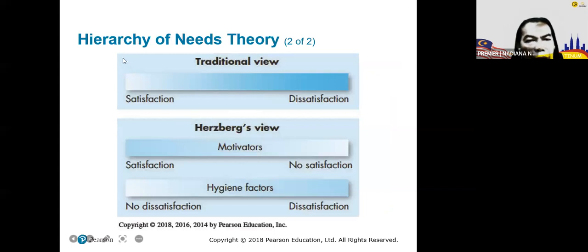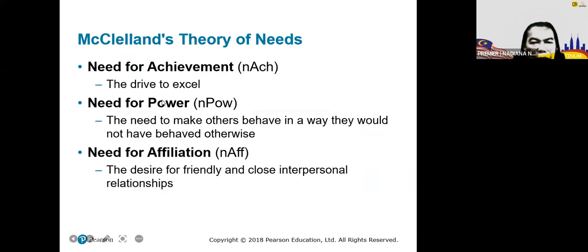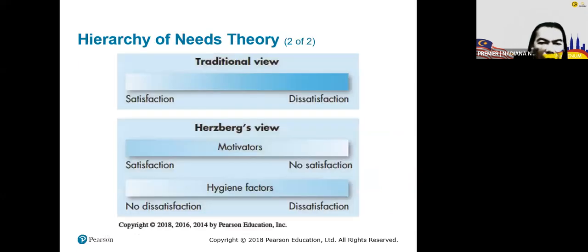Number 3 is the hierarchy of needs theory, by Herzberg. In the traditional view of satisfaction and dissatisfaction, they try to move from dissatisfaction toward satisfaction. But in Herzberg's view,